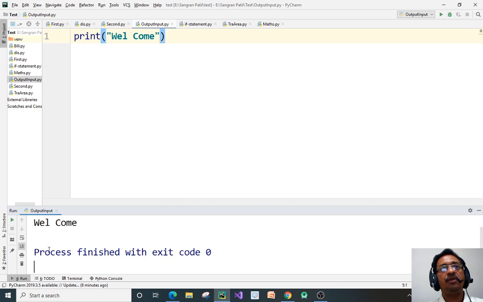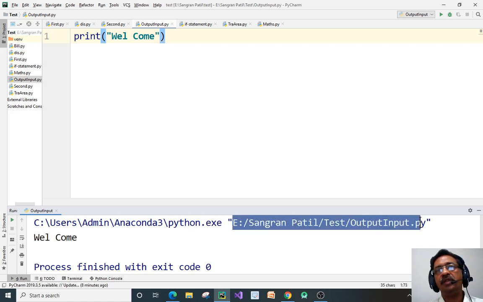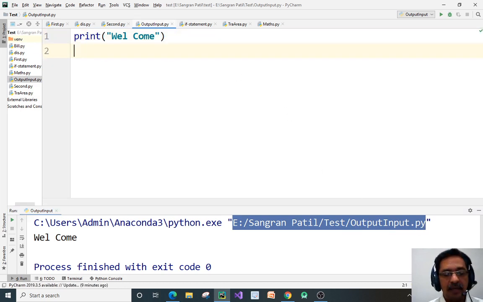Okay, so this is your output window, that is, you can say, a run window. And in this run window, it will display welcome. This is the name of the file which we are executing. Within C we have Sangram Patil, in that we have the test folder, and within the test folder we have the input output file.